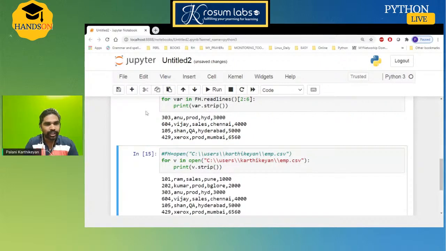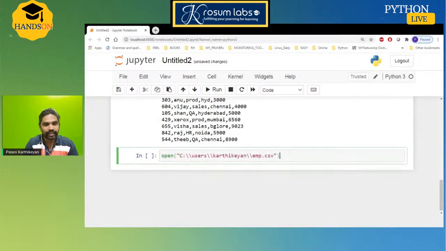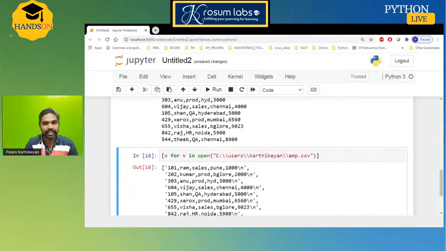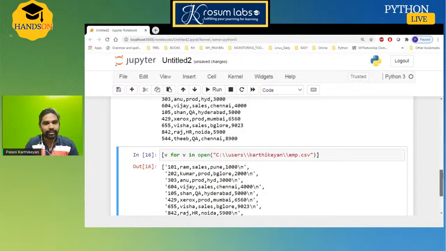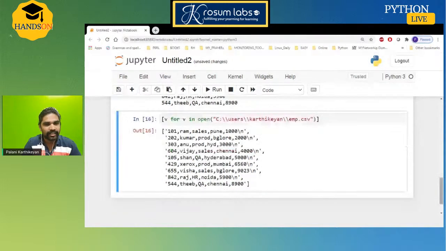The same code, if you want to write it in comprehension way, the whole file content, I want to read it in comprehension style. I hope you know the comprehension style of code. Now the entire CSV data I put inside my list. See this, the first part of the discussion and this discussion: I finished the entire file handling in a single list comprehension. But you have to understand the logic behind this. The open operation is the main thing, that is our collection. The return type will be iterable, sequential data.